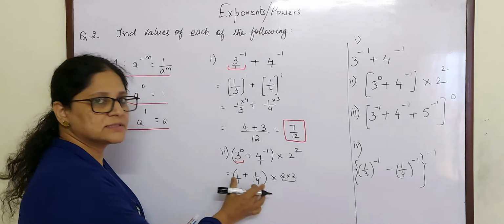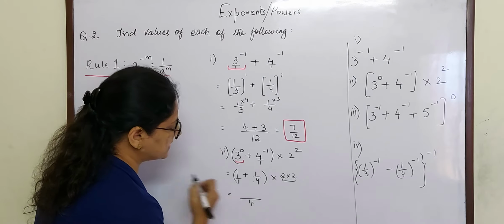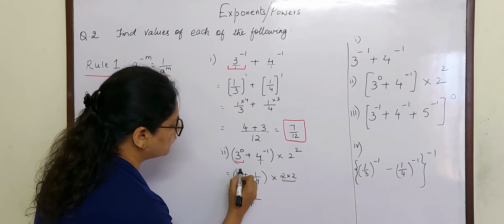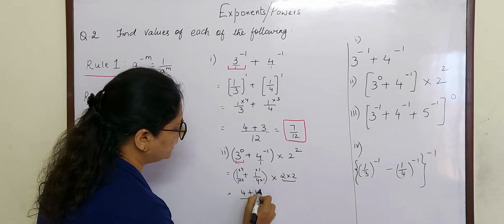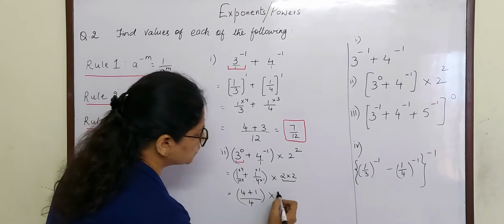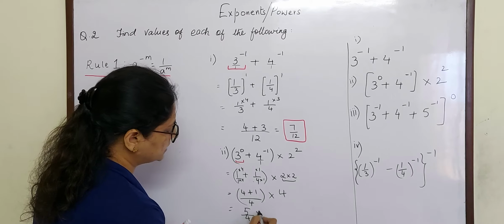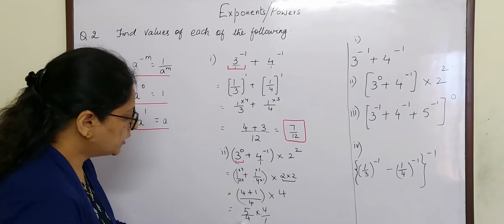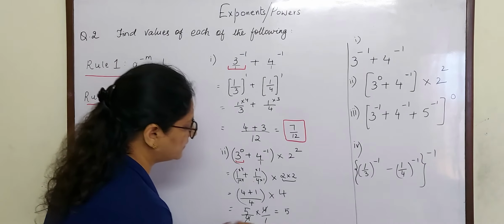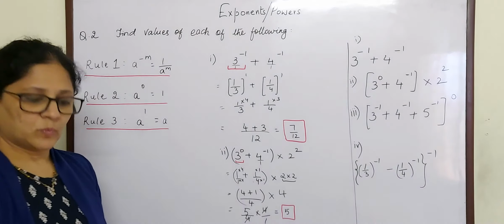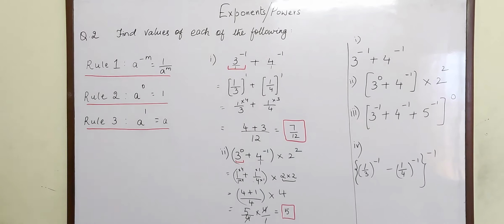So how will we solve this? Simple LCM of the fractions. So 1 by 1 and 4 LCM is 4. 1 fours are 4 and 4 ones are 4. So 1 fours are 4 plus 1 into, what is 2 twos are? It is 4. So 4 plus 1, 5 by 4 into 4. So one numerator, one denominator gets cancelled and your answer is 5. Hope you understood this problem, children. Now let us go to the third sum.